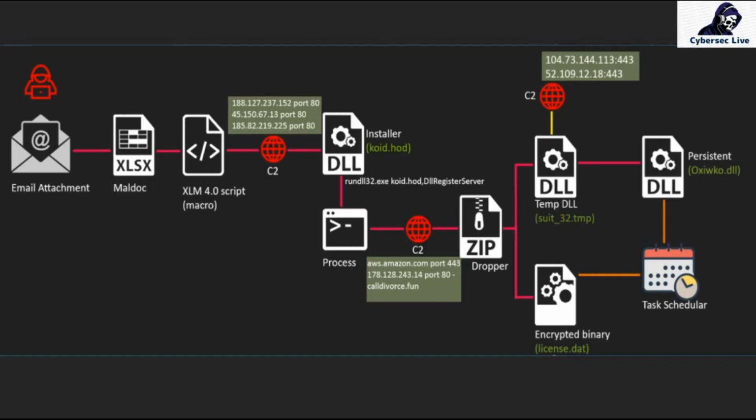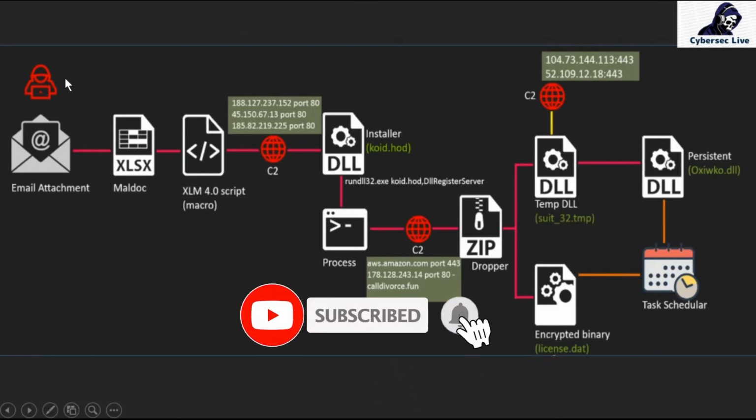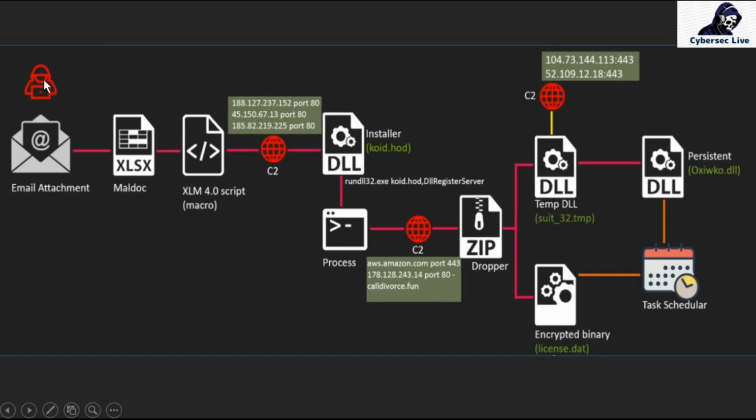Okay, so here is the full working. Let me show you how it's working. Firstly, let's say an attacker sends you an email, right? An email with the attachment, and you open that malicious document. Once you open it and enable it, the script here is the macros, right? I already told you about the macros, that there is some predefined instruction given to it, and it will follow those instructions. So it will install and directly communicate to the C2 server, meaning command and control, right?